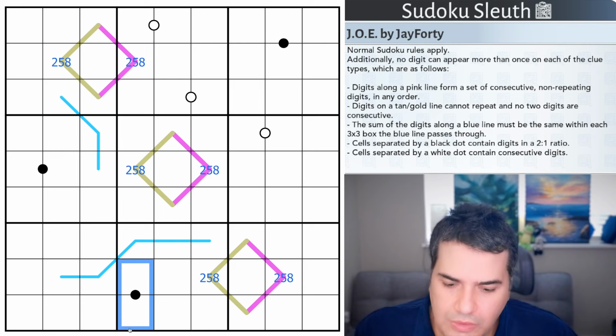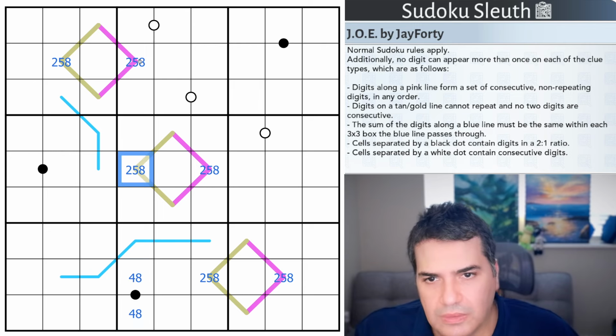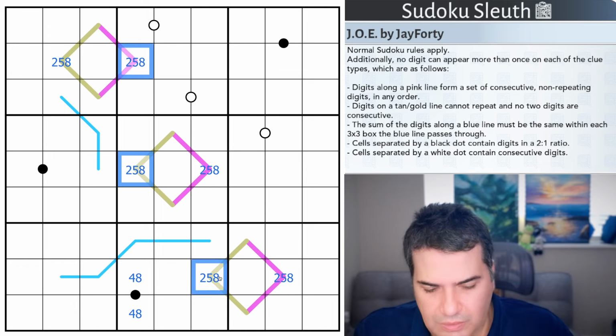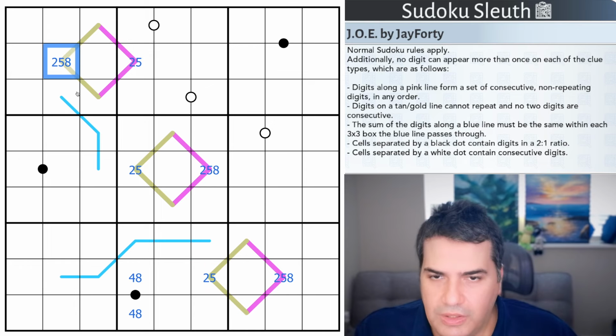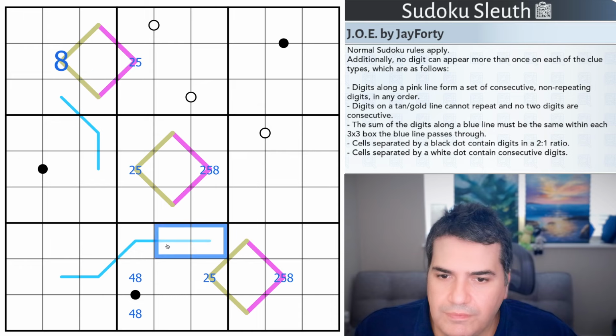Not 1, 2. I kind of think I can rule out 4, 8 as well. None of these are 8s. And therefore this would have to be the 8. Then